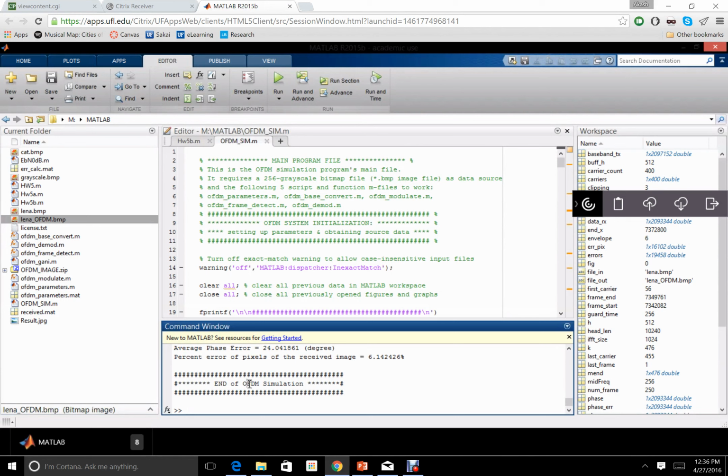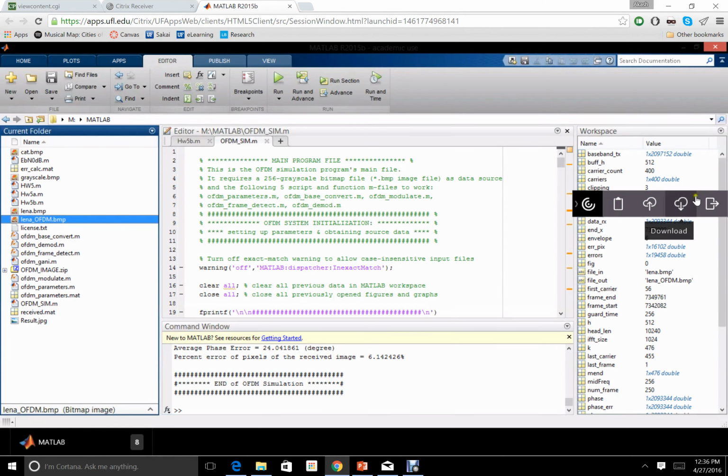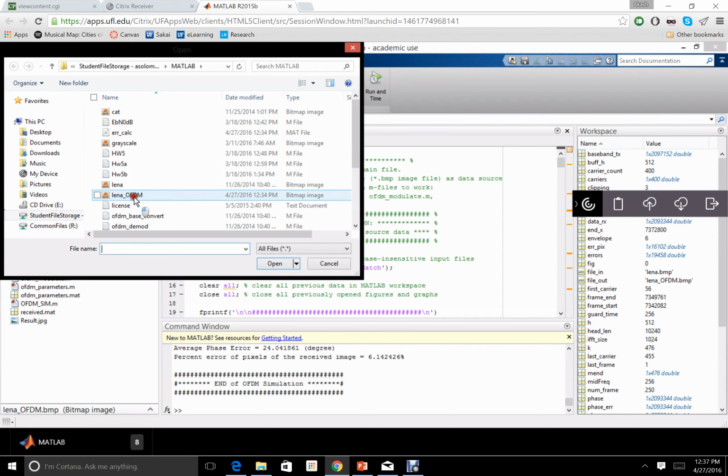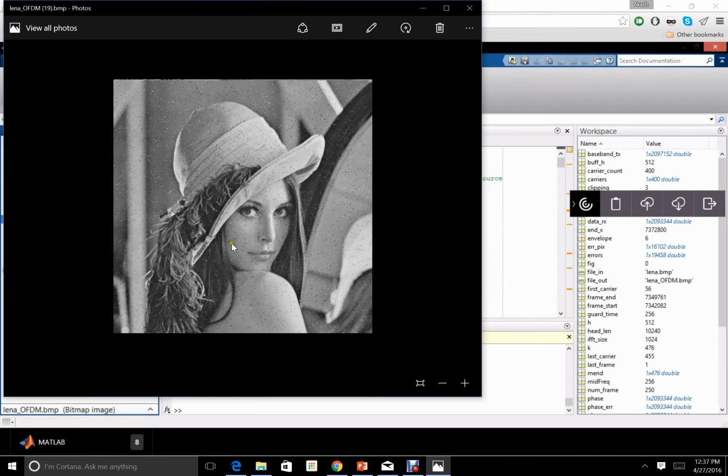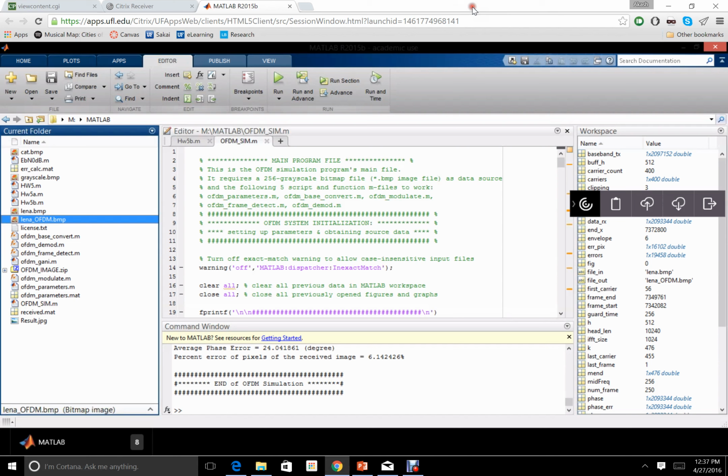So at the end of the first segment, we see that we have received the result of the OFDM simulation as Lena underscore OFDM, which has just been created. And if we were to download this image at 12:34, which would be the current time, we can see that this is the image for BPSK and 5dB, which is similar to what we retrieved in the presentation at a given time. Now, if we were to compare this to